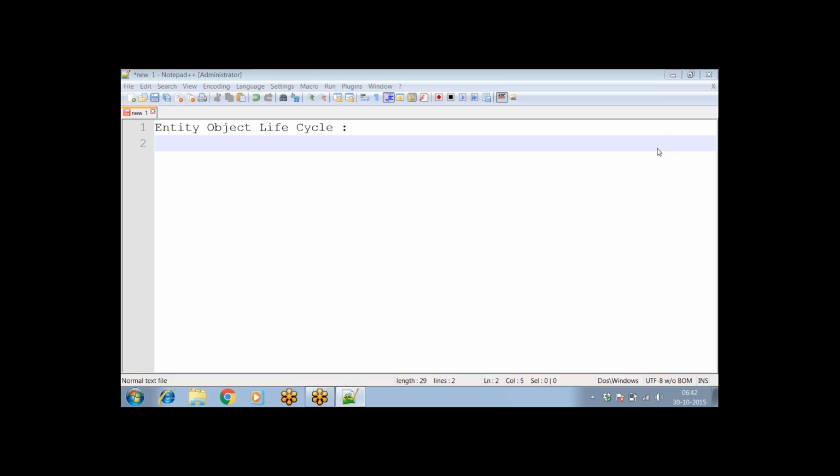Just a minute. Let me see. So entity object lifecycle, let's say,